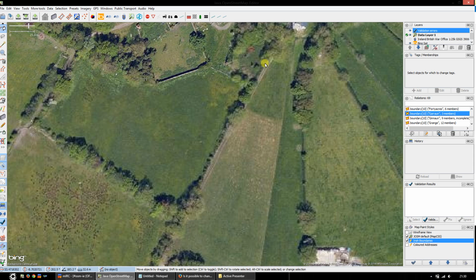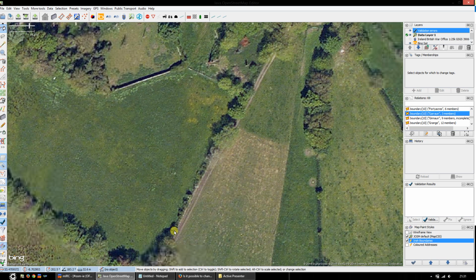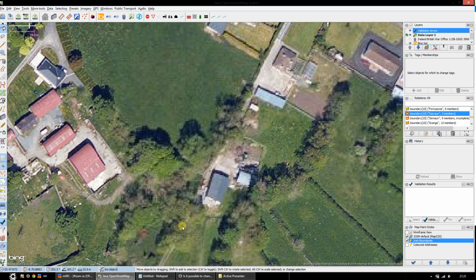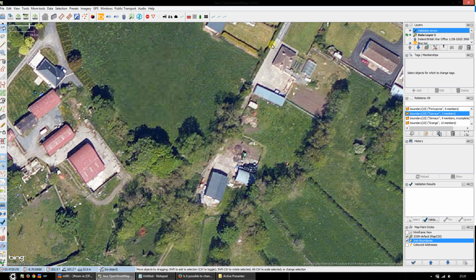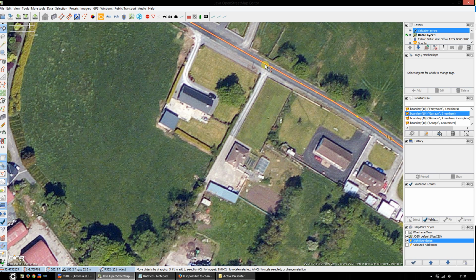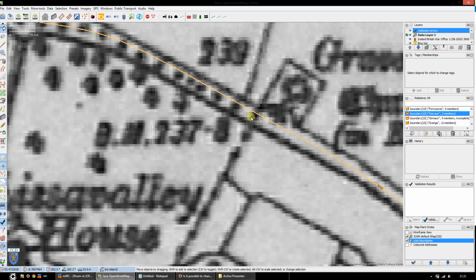and I can see it's following, just let that imagery load, I can see it's following this wall coming down here. It looks like it's following this the whole way. Yep. So essentially my boundary is going to come down along this bush here and then onto the walls the whole way down there. Because my boundary is on the road and stops on the road there and then comes down to here,